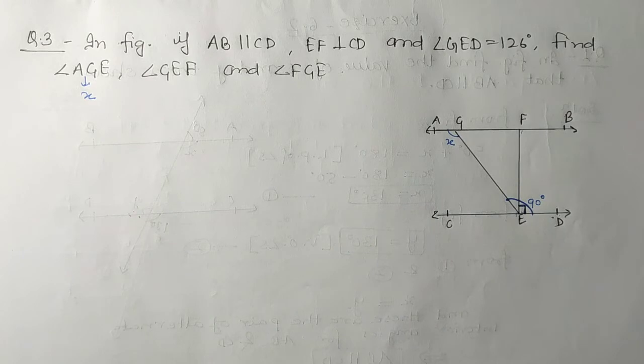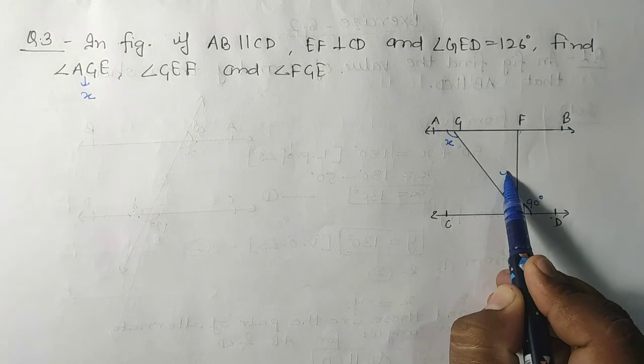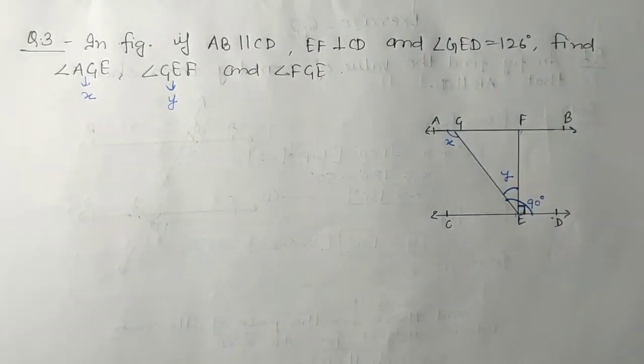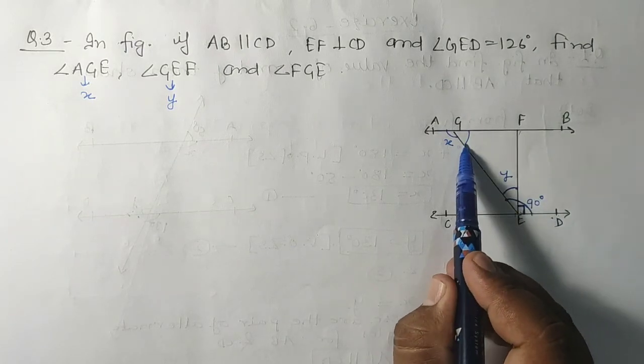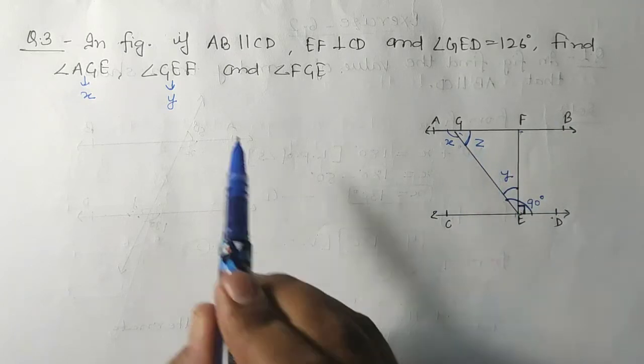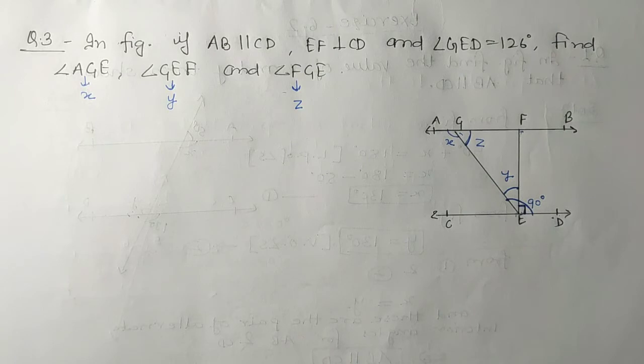Angle GEF, suppose this is angle Y, we have supposed it as Y. And angle FGE means this angle. Suppose this is angle Z. So here we have supposed it as Z. So how will we find X, Y and Z from this figure? So see students,